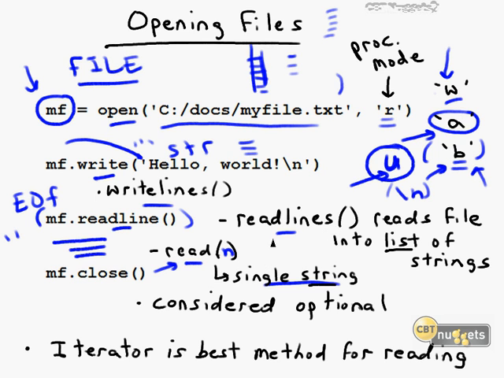Readlines is like read in as much as it's going to read the entire file to the EOF, but check this out. Your output, instead of being a single string, is a list of strings. And we know we can do a lot of neat things with lists, don't we? So that's the main distinction. I hope you're clear now on the ways we use the read functions and the write functions.